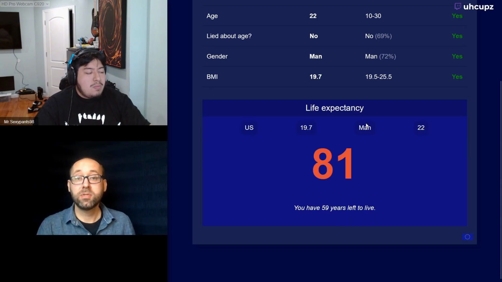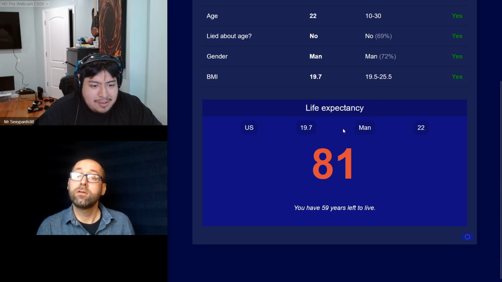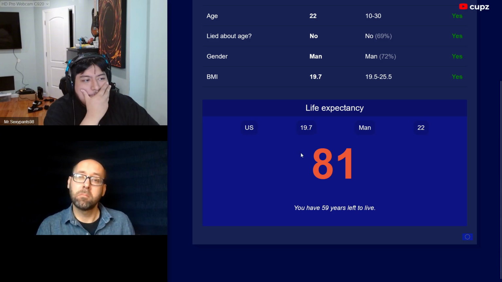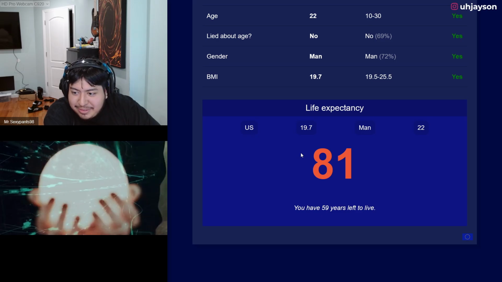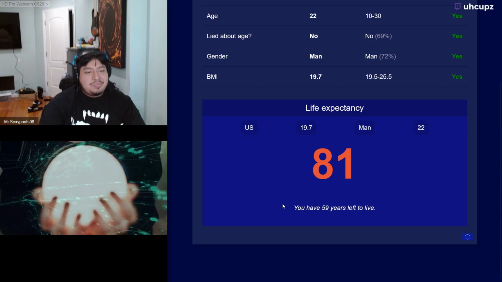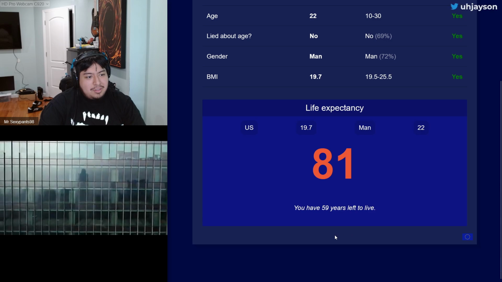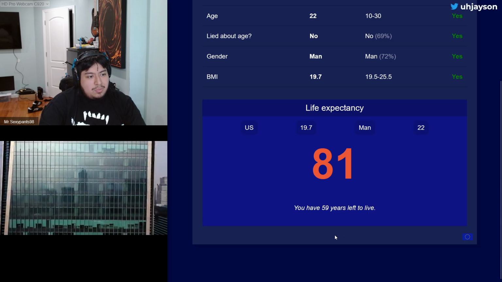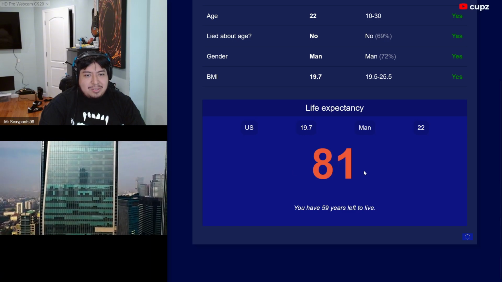And measuring the area above your eyes, which is why you can get a lower score by raising your eyebrows. By connecting to this website, you also shared your IP address, and that was used to guess where you are. Now that we have your gender, your age, your country of origin, and the BMI prediction, we can combine these and try to create a life expectancy prediction. I have 59 years left. These types of predictions are essentially created by stacking educated guesses on top of each other, which makes the result even more imprecise. However, that doesn't stop insurance agencies from purchasing these types of predictions, because to them it's better than nothing.